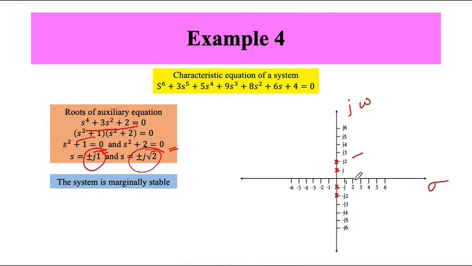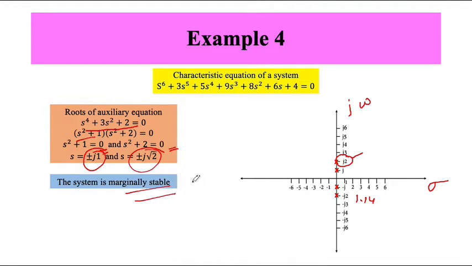It should be root 2, not 2. There is a little mistake over here, so just consider it root 2. Here also it will be root 2, meaning 1.41. So all these roots are on the imaginary axis, but none are repeated, so the system is marginally